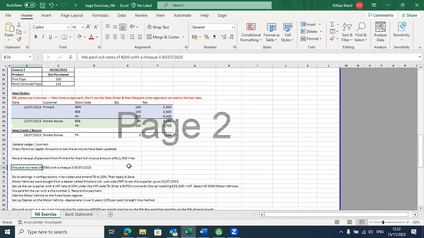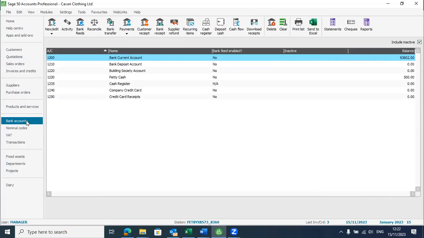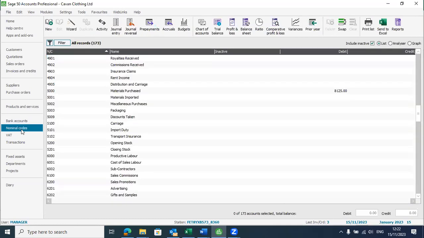Now a separate item. So we paid out rates of 550 with a check number 3. So again, you would be either getting this question, or you would be getting a check number 3 with rates on it and an amount of 550. Best way to do this is probably a journal. So normal, go to the nominal code screen, go to your journal entry,